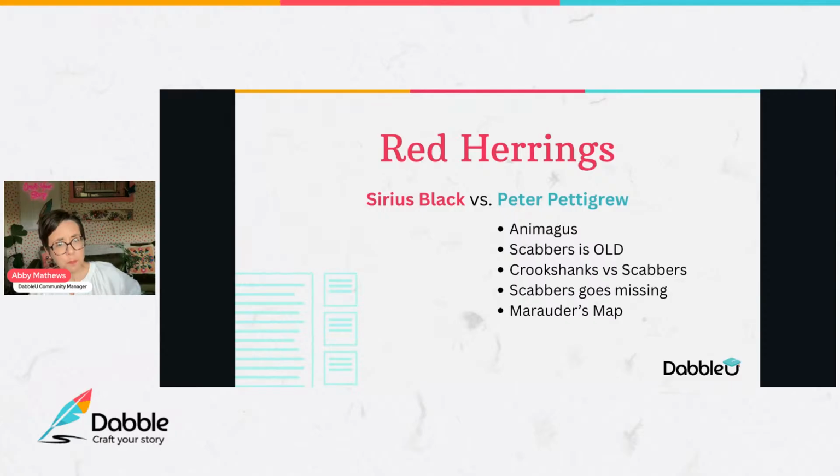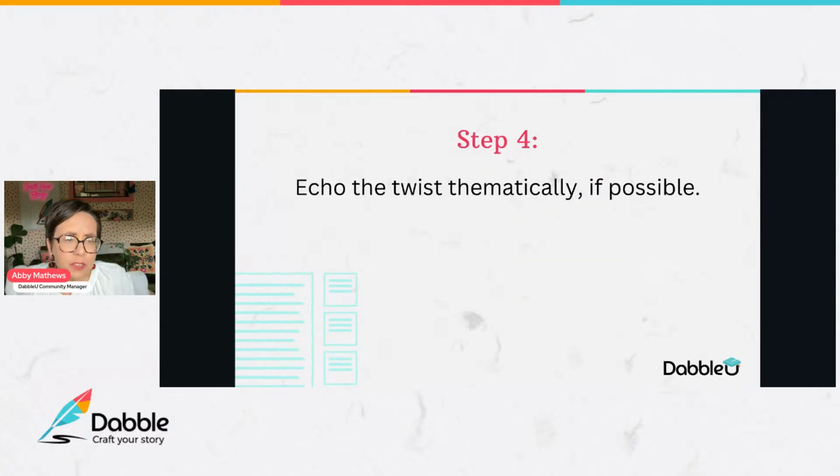So lastly, we have the Marauder's Map, right? Which shows Peter's name. Now, none of the pets show up on it as far as I can remember, but the map doesn't lie. And it knows Pettigrew is present. He was one of the original Marauders who created the map after all, right? But the moment when he shows up on the map is huge, and it plants the real truth directly into the text.